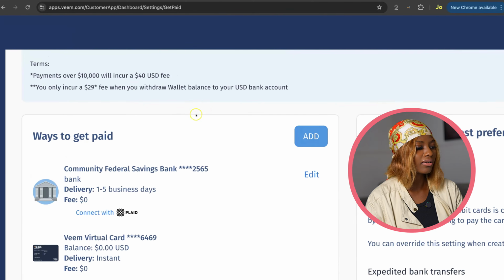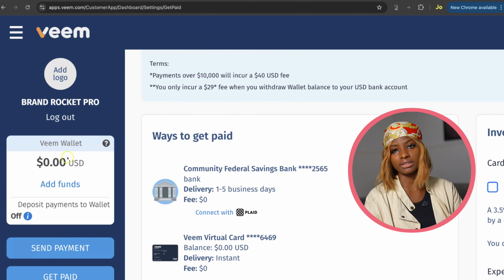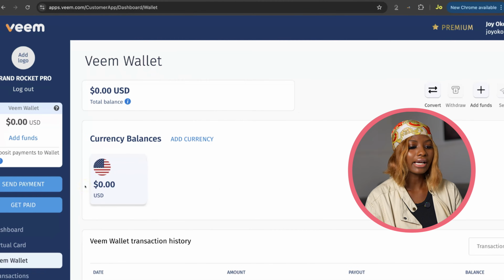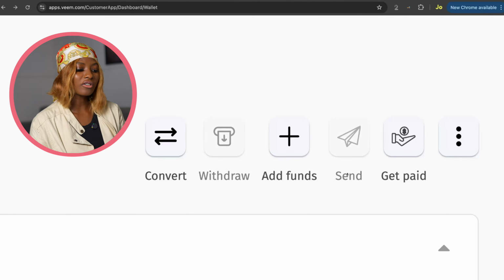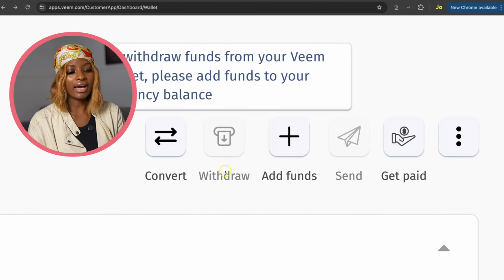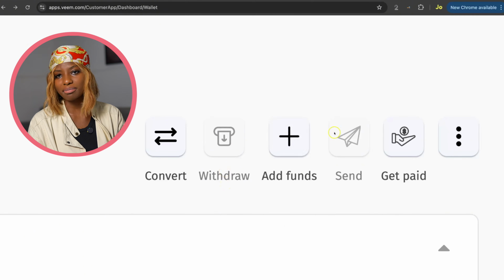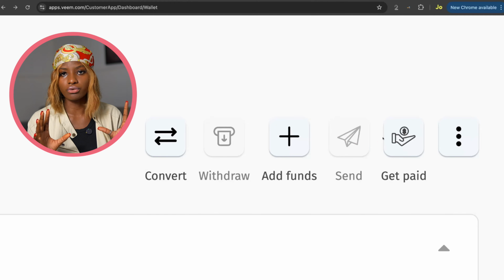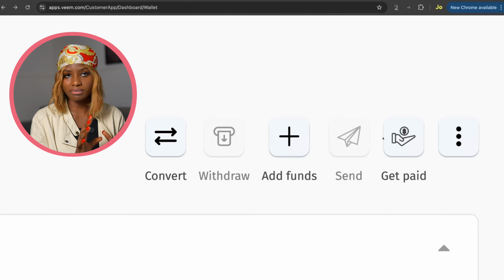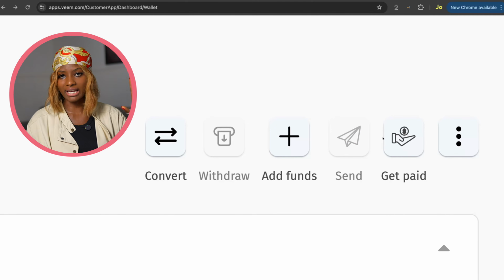And let's check out our Veem wallet. This is our Veem wallet here. So if there is any money here from your Veem wallet, you can also send payments. These are the options. You can convert, you can withdraw, you can add funds, you can send, you can get paid. So from your Veem wallet, for example, if you want to have more control on what you do with these funds, probably you want to send it to different accounts,